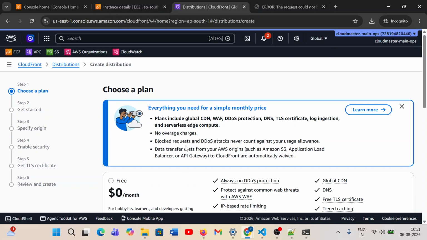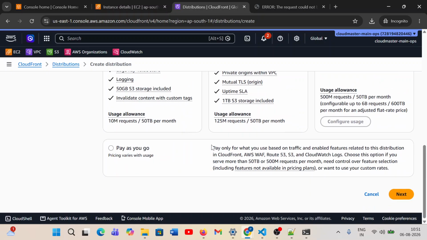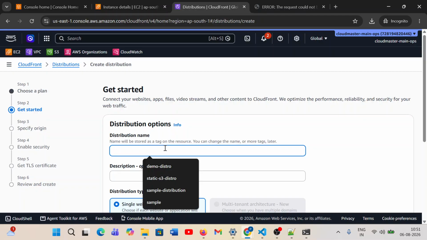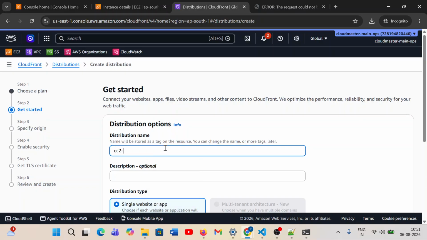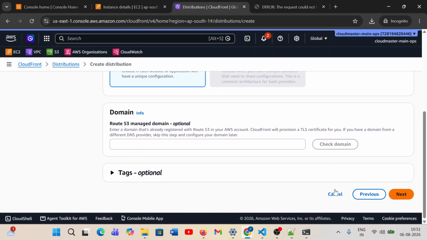Create distribution, pre-plan. Next, distribution. This is our EC2, CF minus EC2 minus web application minus, this is the second one, 2. Okay, domain, there is no domain. Next,